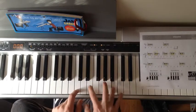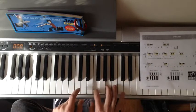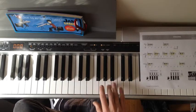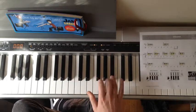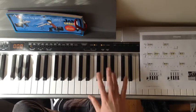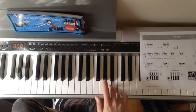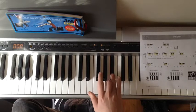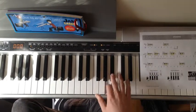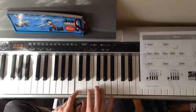See that? Now, don't use three fingers. Don't go, that's too hard. Use two and slide off the black one. If you slide off the black one, you can do it really fast, but it's going to sound like that. So you go to the black and slide down. Okay, so all together we have C,